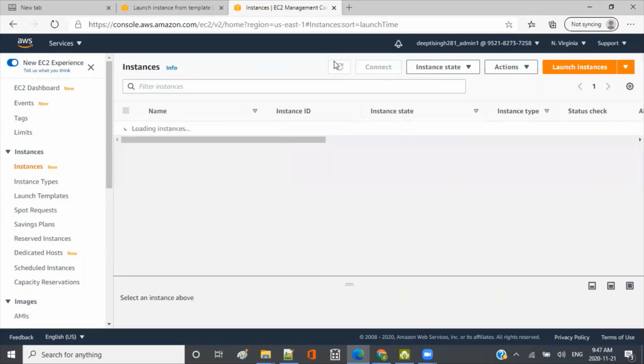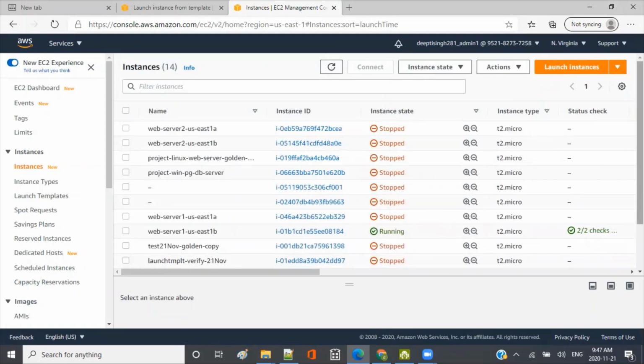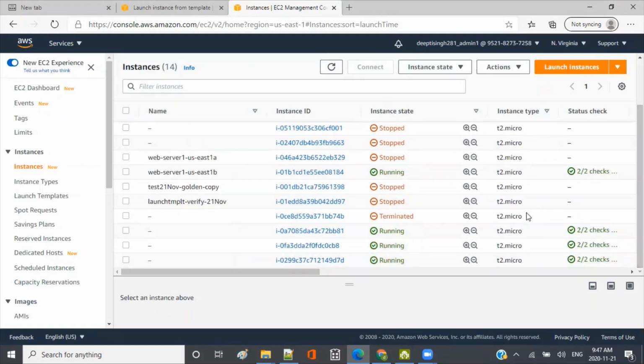So I think that's about it for today's session. I think we have covered everything now. I'm just trying to delete these things, and then when I see them deleted, like terminated,